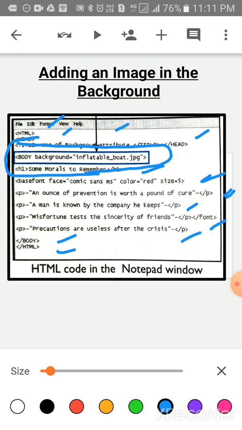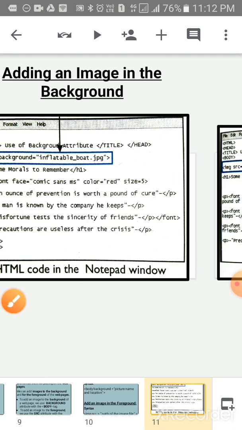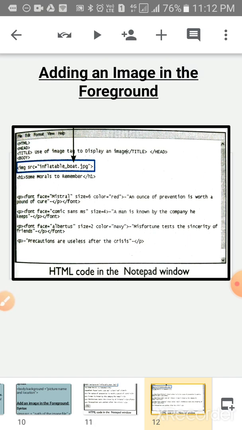This is body space background equals, within quotes you write the background picture name .jpg, and then close the tag. This is the notepad coding to insert the image as a background. Now children, this is adding an image in the foreground. This is the HTML coding in the Notepad window showing how to insert an image in the foreground.